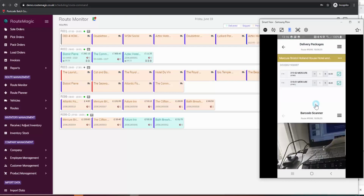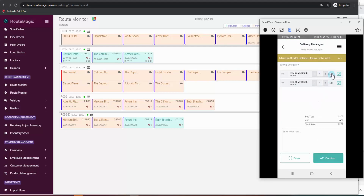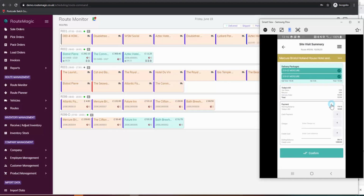I can come back and you can see there again it has ticked to confirm that I have selected the 2 boxes which are right for that delivery. I can confirm that. It goes through, gives me the details of the delivery. If any of your customers are cash on delivery, you have the opportunity to take payment, and if they are a strict cash on delivery customer, it will prompt you that you must take a payment and you cannot go past this screen. So I can confirm,